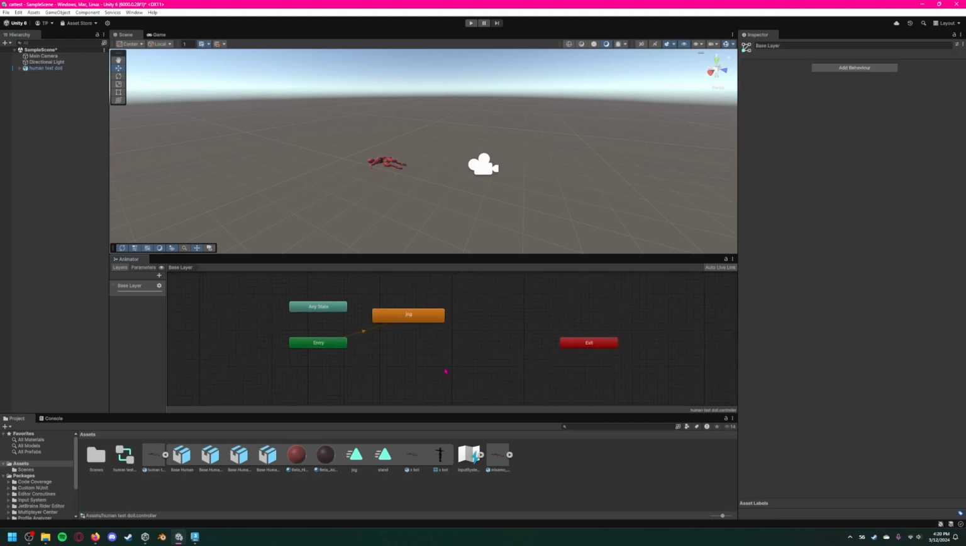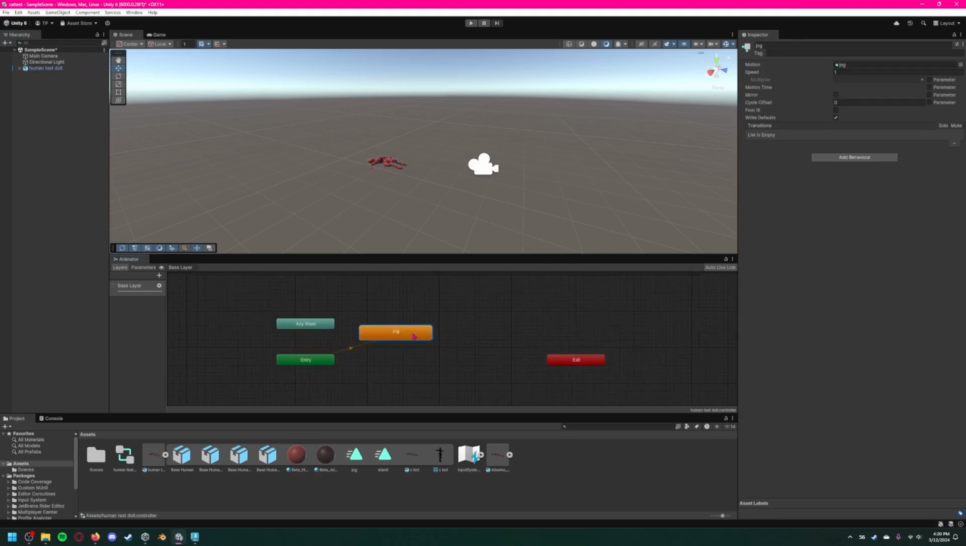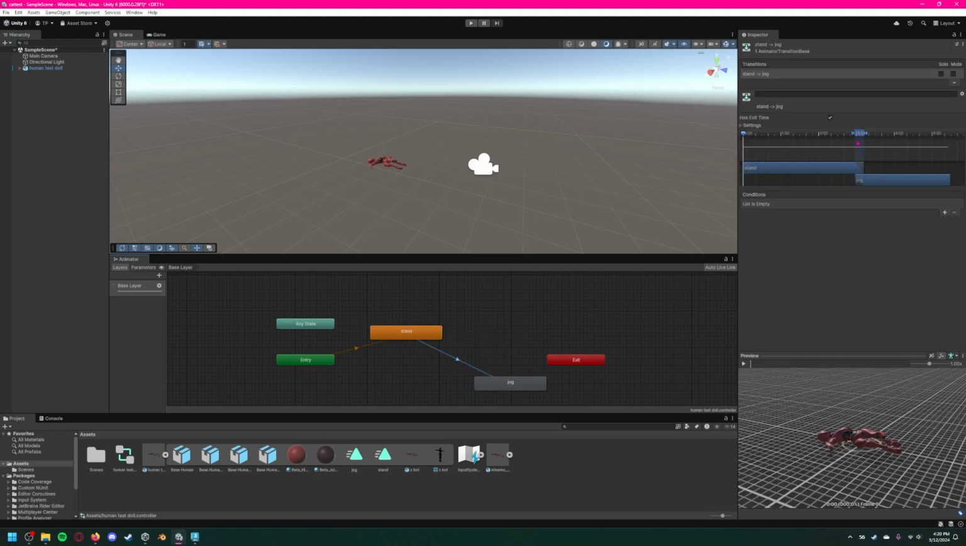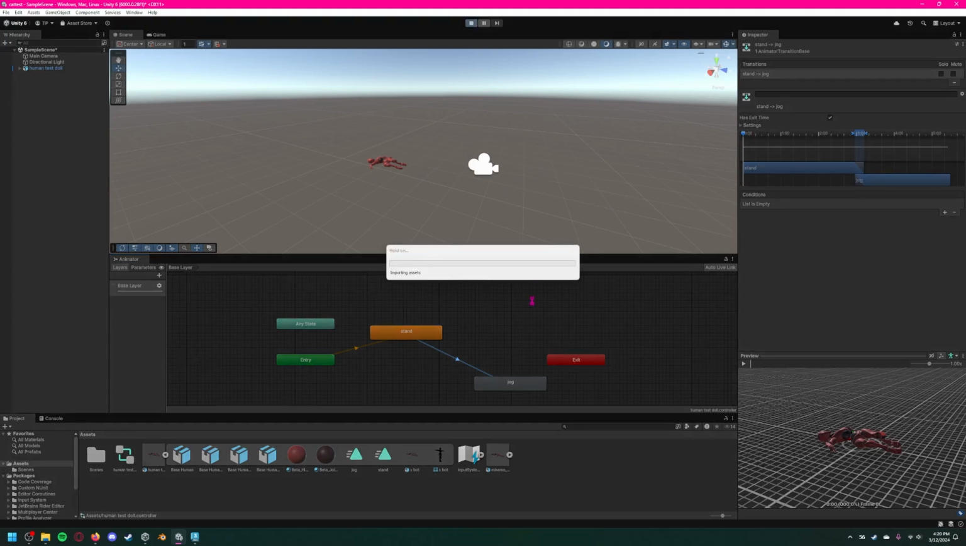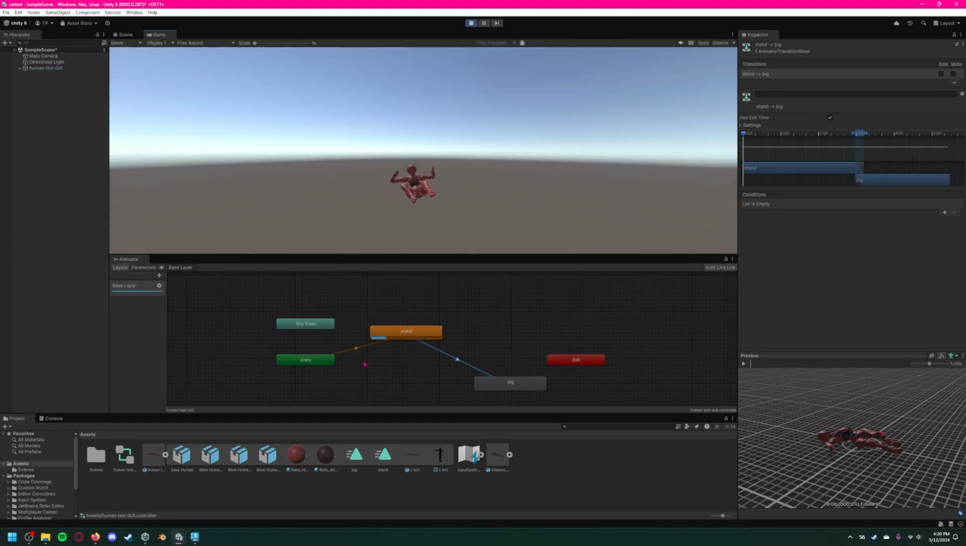Okay, now we can view in the animator the transition state. So on entry, I want it to stand and then make a transition to jogging once that's started. This is where you can edit how you want that to play out, but for the sake of the video, I'm just going to press play and show you a stand, transition,